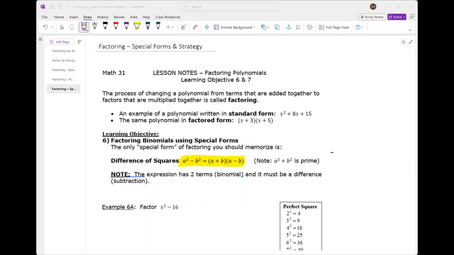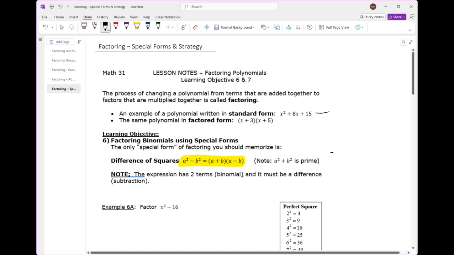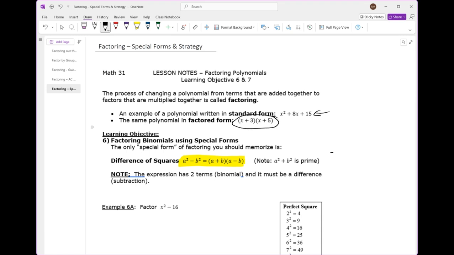So in this video, we are going to be talking about factoring polynomials that are in a special form. If you recall, this is the standard form for a polynomial, and this right here is the factored form for a polynomial. What you see highlighted is what I would call the only special form that we really want to look at. In textbooks and online, you will see